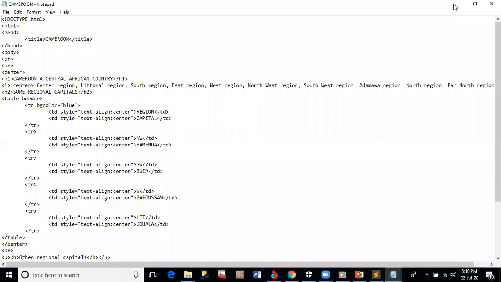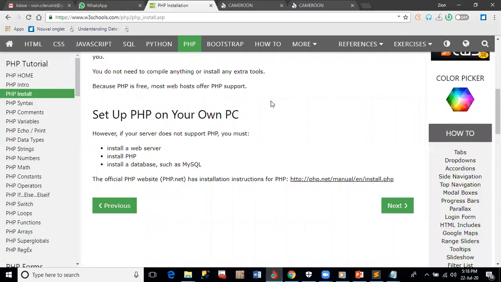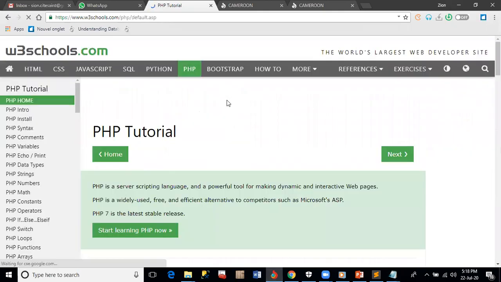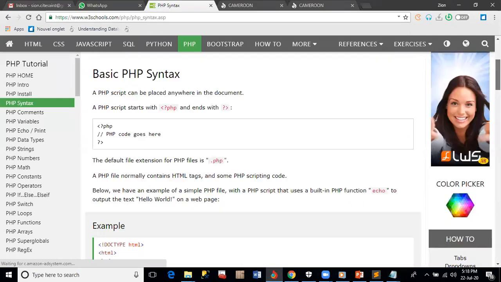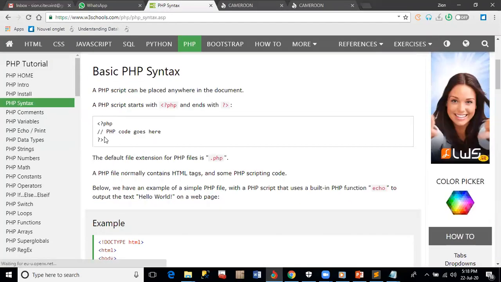Okay, I write down the PHP code which will display the following information at the top of your web page. Welcome to Cameroon. Okay, let me just take you to my browser and explain this thing to you. The PHP code, if you go to the W3Schools, you better understand this on PHP. Let's click on PHP and see what it shows. Let's go to syntax. Yes, here's the syntax to display that. You can copy it here, but it will have no effect